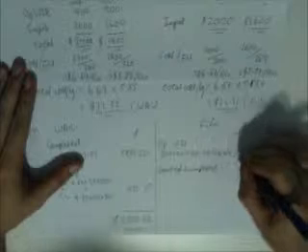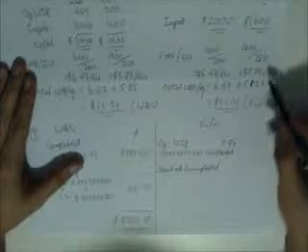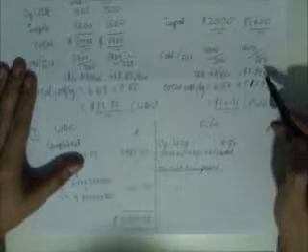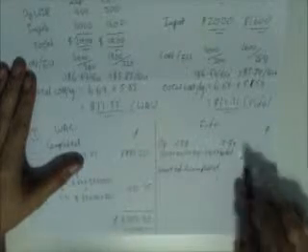Apologies, it's not 6.67, it's 5.54, because the opening work in progress was incomplete only with regards to conversion cost, not raw materials. Now what you need to do next is sum up all these and multiply. You should get